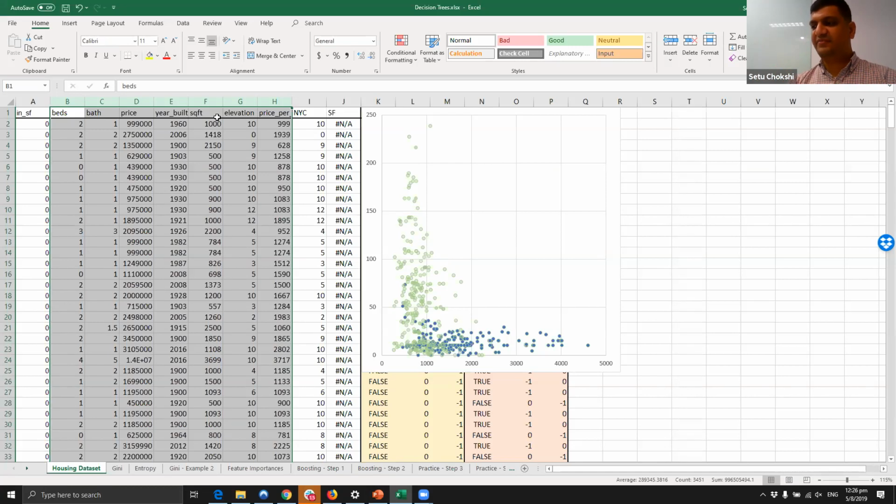Yes, so only one feature will be selected because in a decision tree node, the split is made on a single decision point. So think of that as your if-then-else criteria. Now you're trying to find out what that criteria is going to be. So only one feature will be selected.